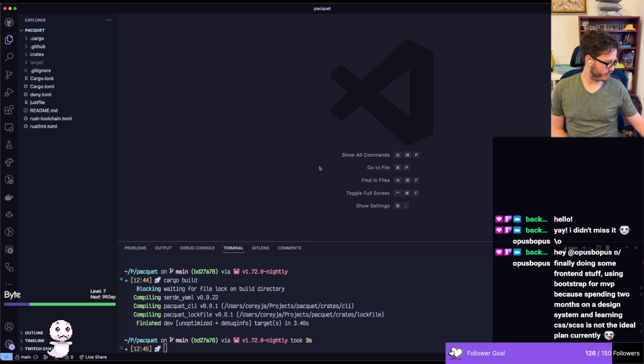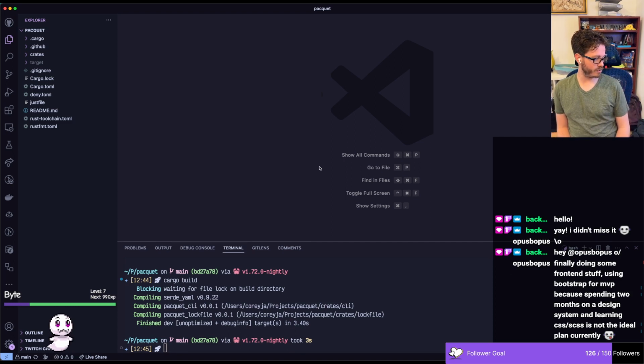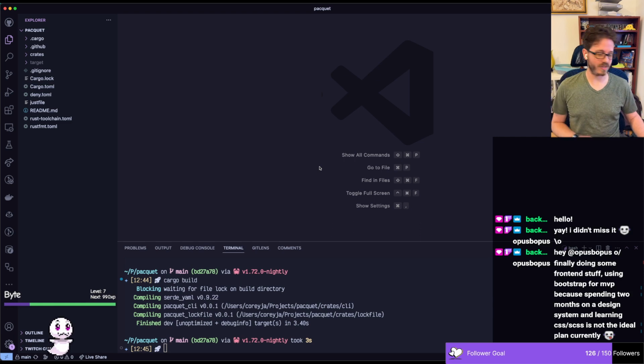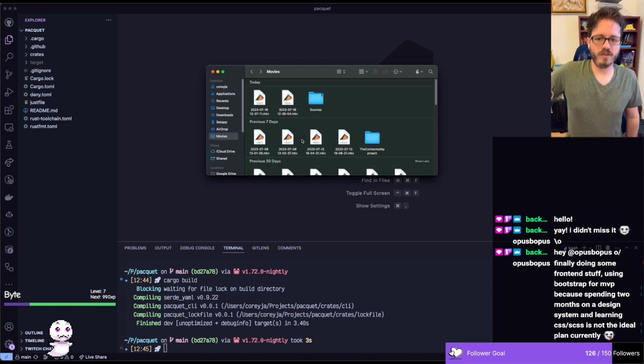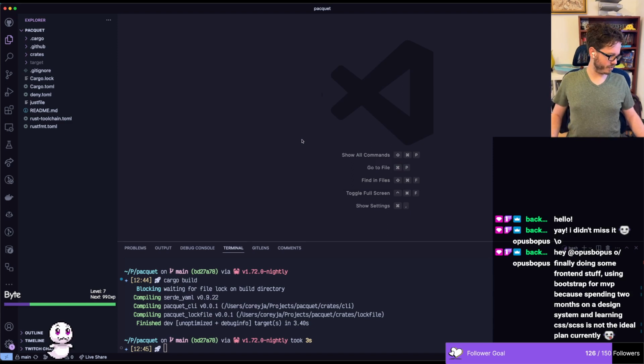Opus Bopus, what are you finally doing some front-end stuff, using Bootstrap for MVP, because spending 2 months on a design system and learning CSS is not the ideal plan currently? No, that's pretty fair. If that's not what you're familiar with, don't go crazy. Bootstrap sounds great. I haven't checked out Bootstrap in a while, but I bet it's gotten better since, and I always liked Bootstrap. It was never bad, and especially if your goal is to not mess with things too much, I think Bootstrap's